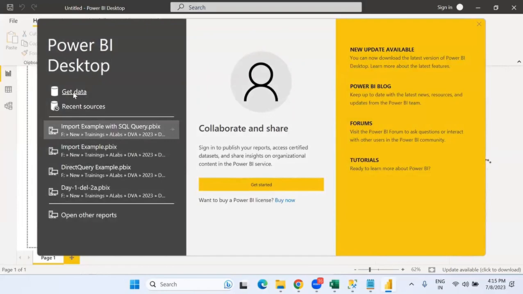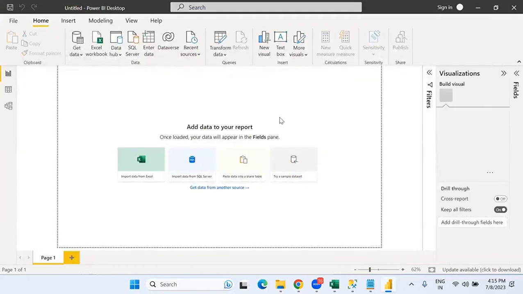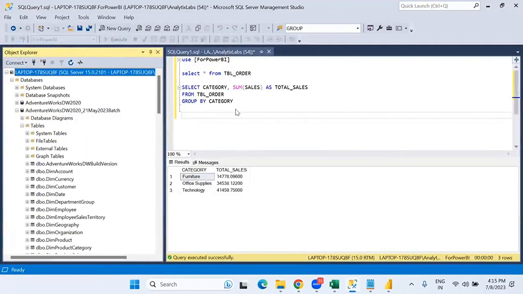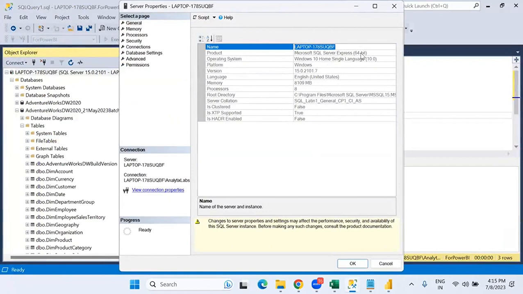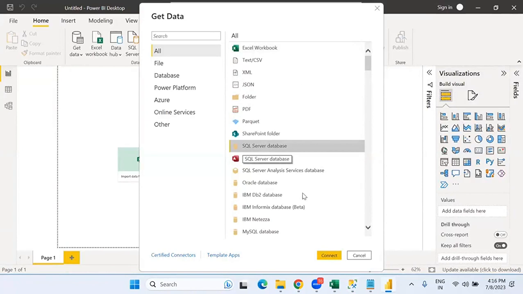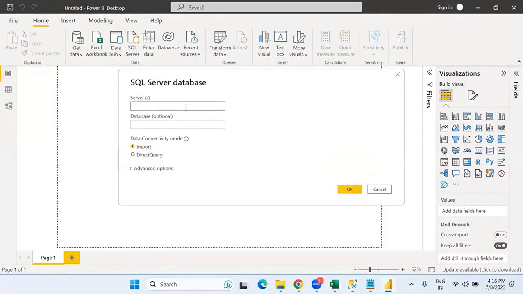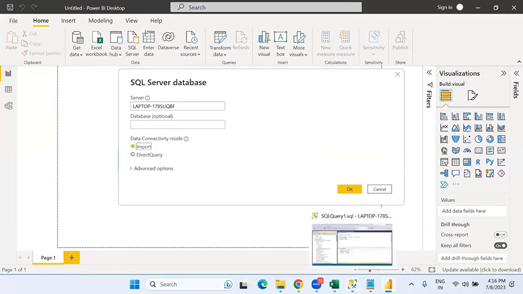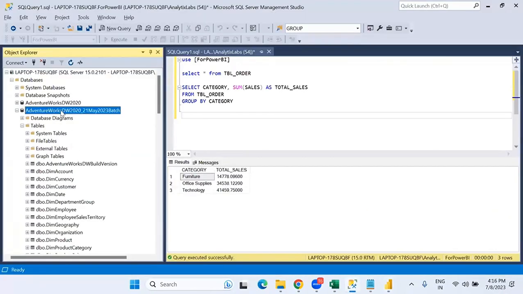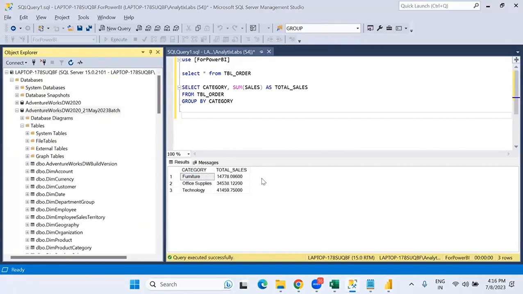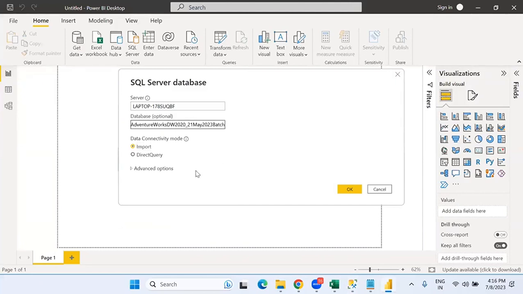So I will say Power BI, get data. And while that is opening, I will say SQL Server database. I'll say connect. Server, and this time I will give the database, the database which we just created. Okay, so I will copy the name. I will paste it here. Right? I will just leave it as import itself. I will not do anything. When I say okay,